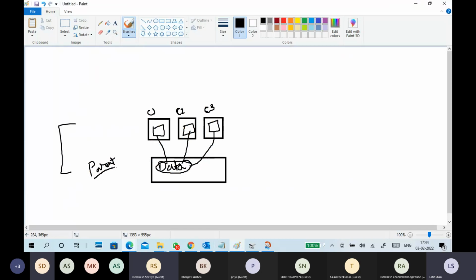There is a parent disk, and on the parent I created a child disk. How to create it is not the point here. What is the data in the parent? We are also able to view it, to access it, from the child disk. The same data is available in the child disk. Do you understand this point or not? See, one point at a time, guys.